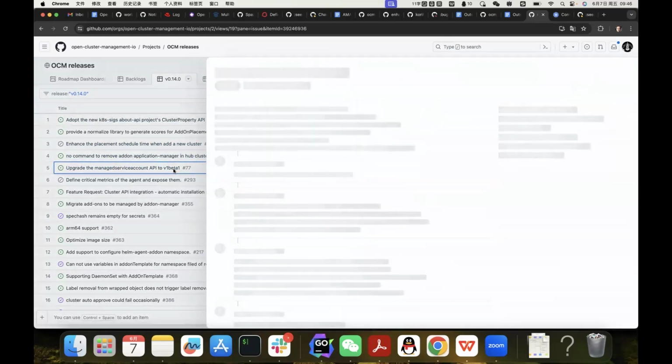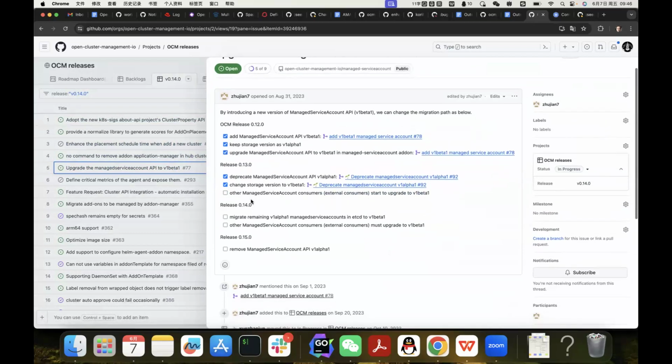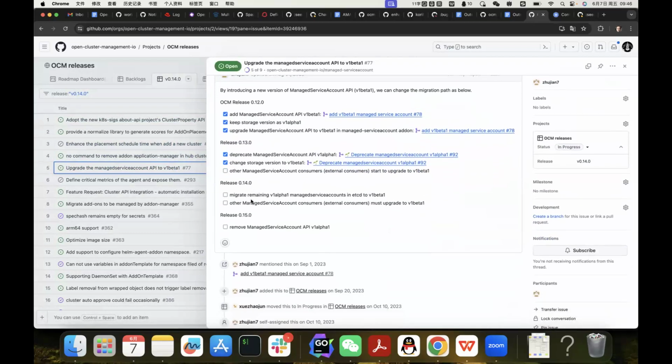So Zhujian, this one is still in progress, right? We will finish it in the next release. So for the 0.14, we have finished all this part. Yeah, we'll do this in the next release. The 0.14